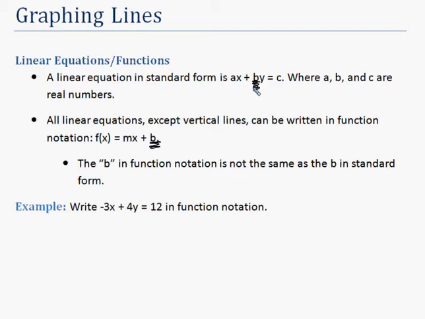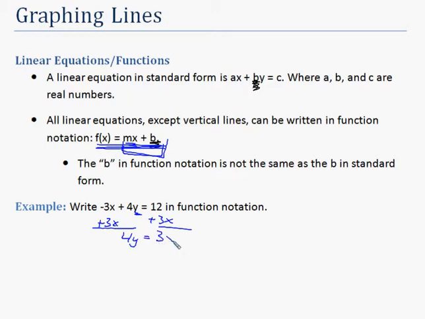So what we're going to do, this first example, we're just going to take negative 3x plus 4y is equal to 12 and write that in function notation. Well, function notation is right here, and really we want y on the left side, which is our f of x, and everything else on the right side. So we're going to be solving for y. To do that, we can add 3x to both sides. Notice in my form the term with x comes first, so I'm going to do that. So we have 4y